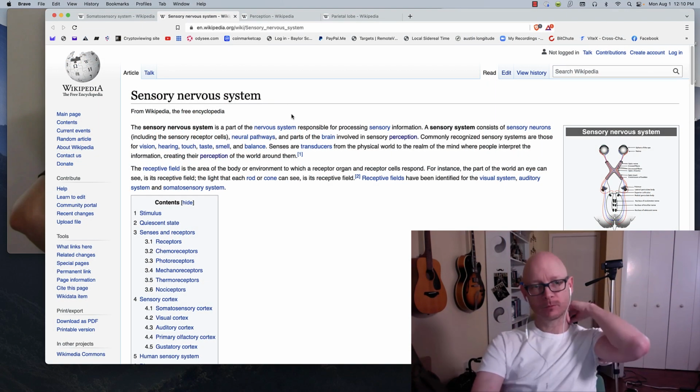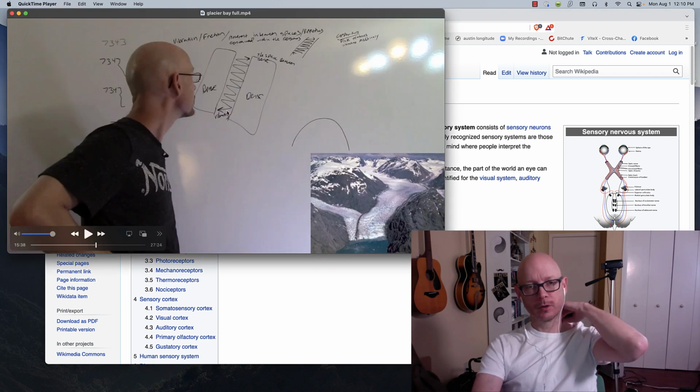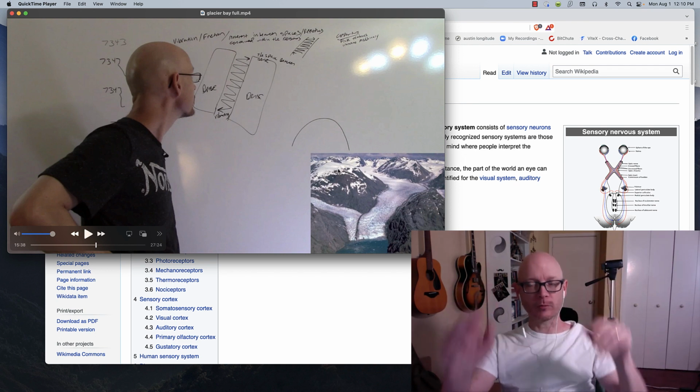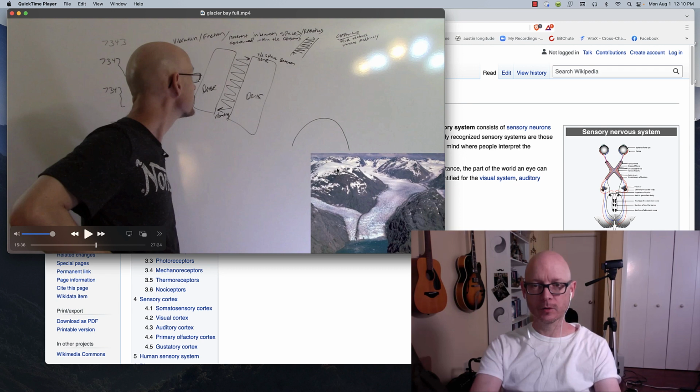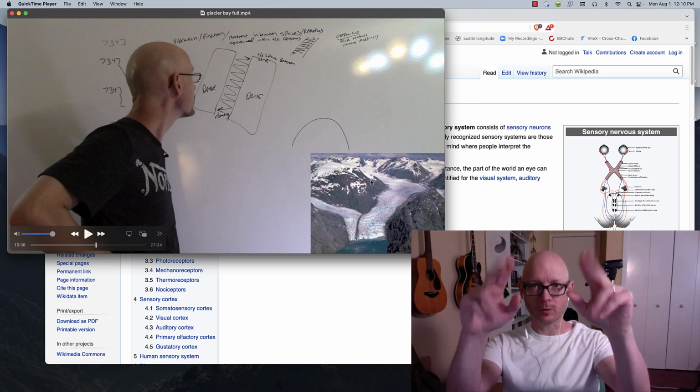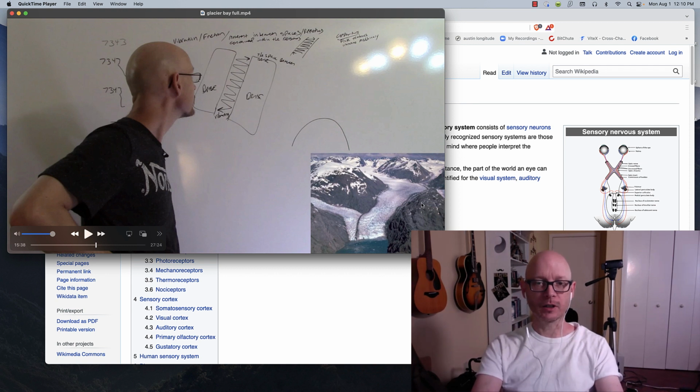Okay, this is what I'm talking about here. And I found this, of course, through having a quote-unquote remote viewing experience like this here. I'm blind to the target, quote-unquote target, which is Glacier Bay. And what I'm perceiving is that there is a less dense element here that is moving.